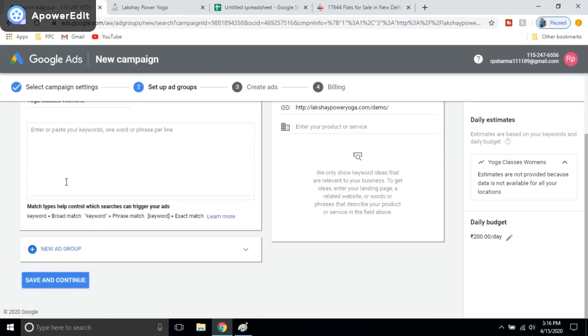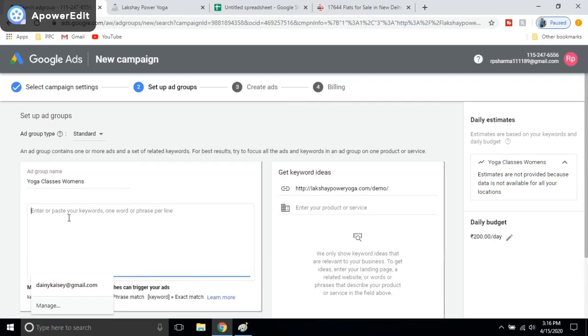Now we will enter the keywords. Keyword is also a very important terminology of Google Ads and other digital marketing platforms. Let's say I want to show my ads to people who are searching for yoga classes in Paschim Vihar.